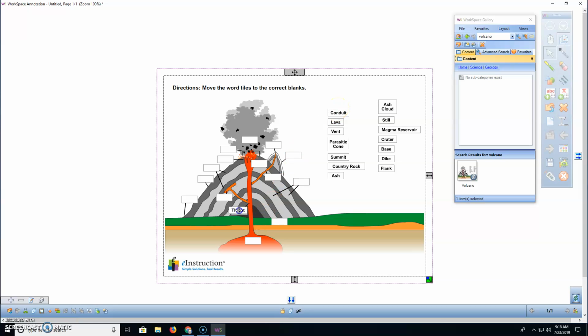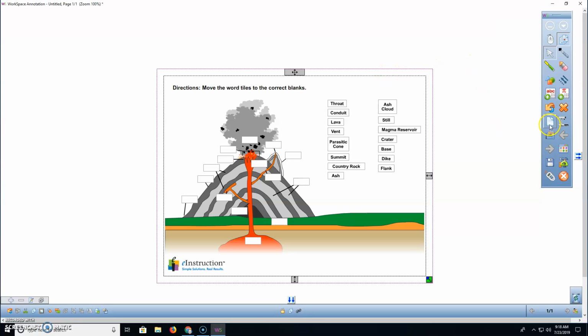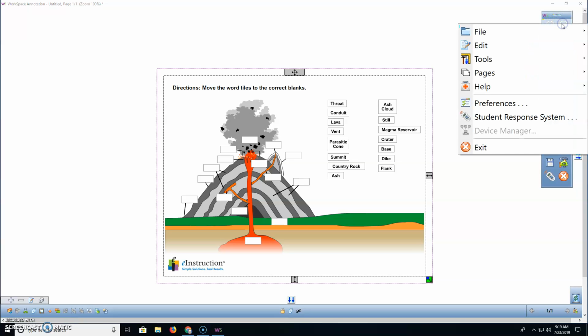Obviously that wasn't right because it went right back where it was supposed to. Obviously I don't know the parts of the volcano as well as I should, but you get the idea of how it should work, at least. So that is your gallery, and I think most folks will find that helpful if you want to load your gallery. I'm not going to go through a complete tutorial on how to use Workspace at this time,